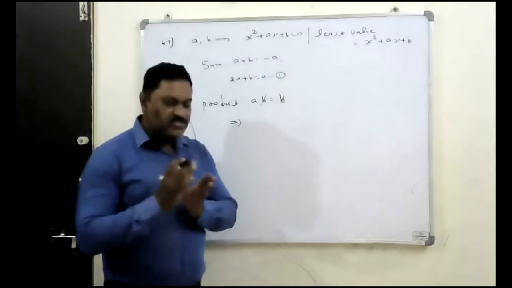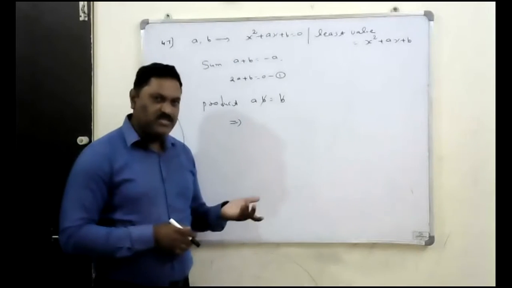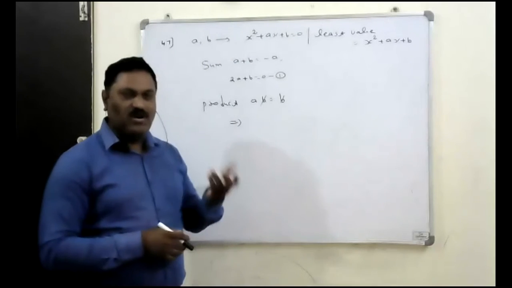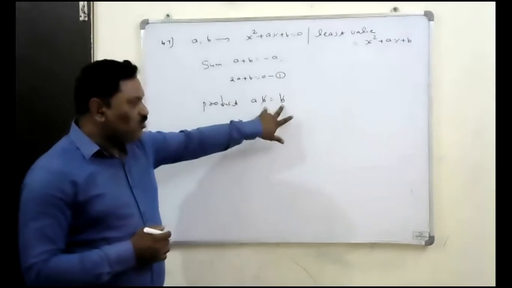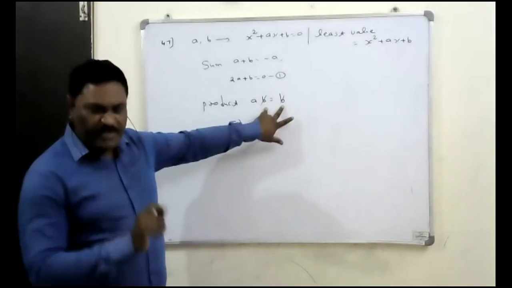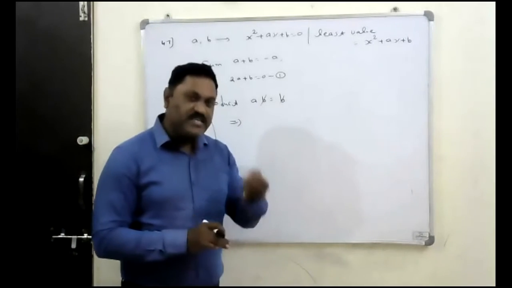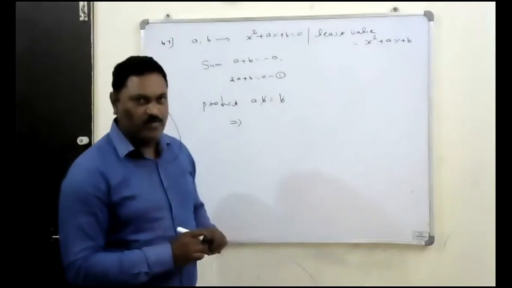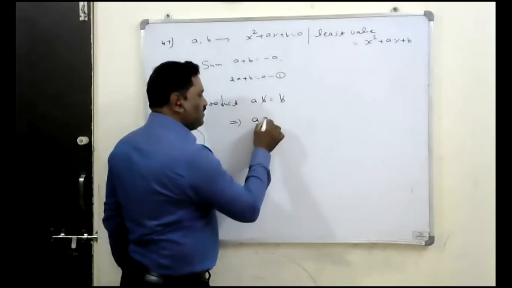If they are not giving that b is not equal to 0, we can't cancel it, because 0 by 0 is not equal to 1, it is undetermined. If you don't know whether the value of b is 0 or not, you can't cancel it. Clearly if you know it is not equal to 0, we can cancel it. Here we can cancel it. After cancelling, what value do we get? a is equal to 1.